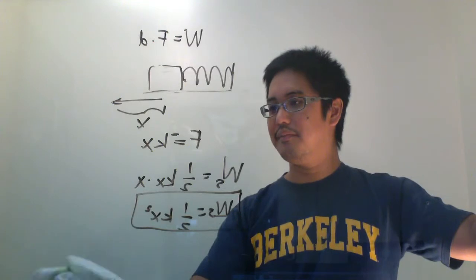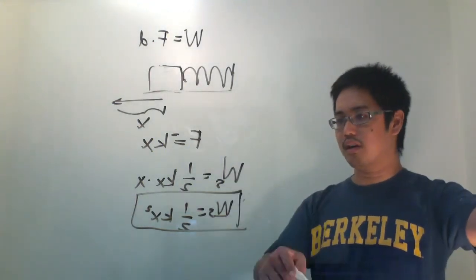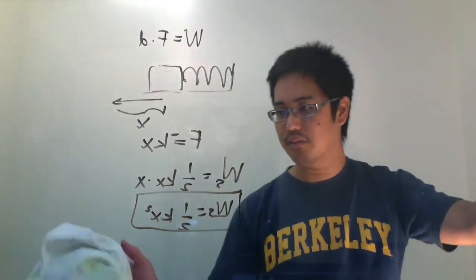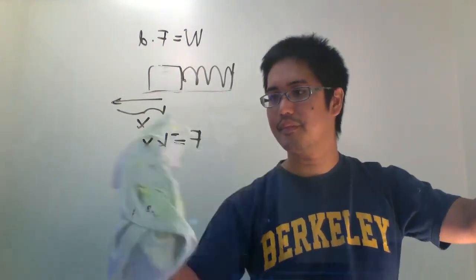That's cool. All right. So anyway, that's the work done by a spring. Let's do an example problem and see how we can apply this. Cool? Yeah. I understand the formulas. It's just when I tried to apply them to the problems, it ended up not coming out with the right answers. So that could be two things. It could be I just did the problem wrong, or it could be